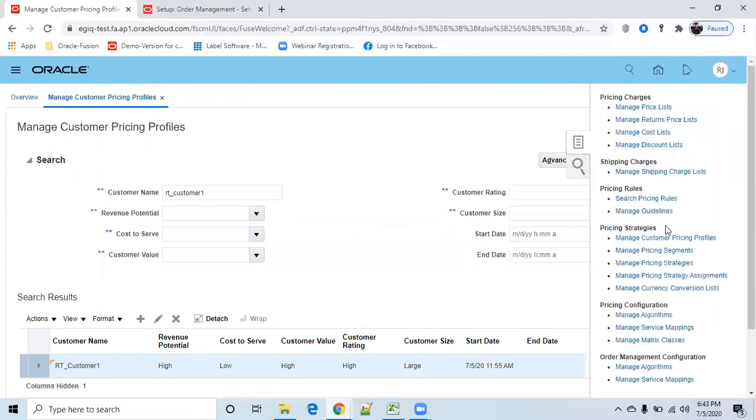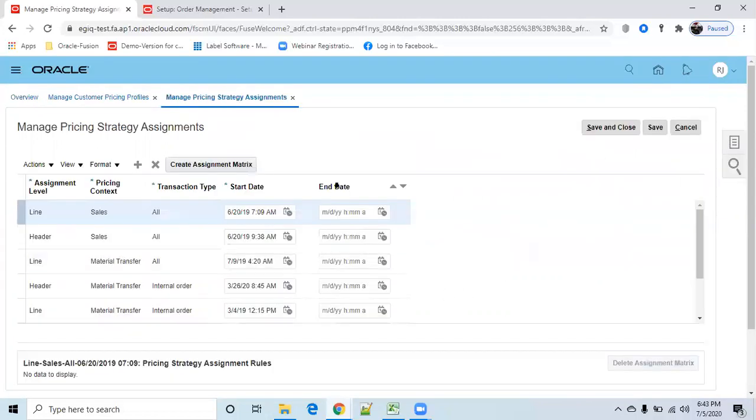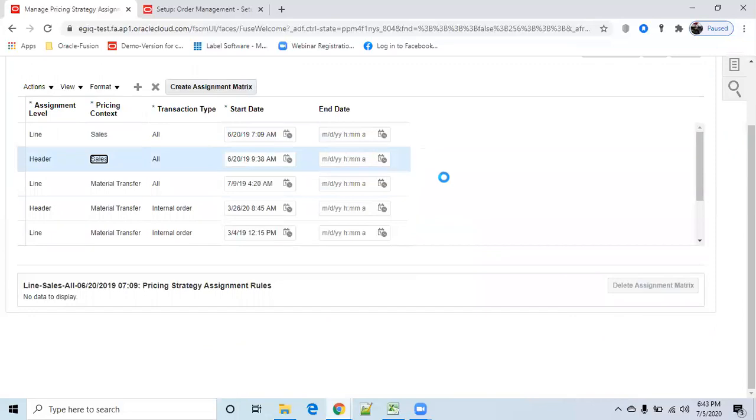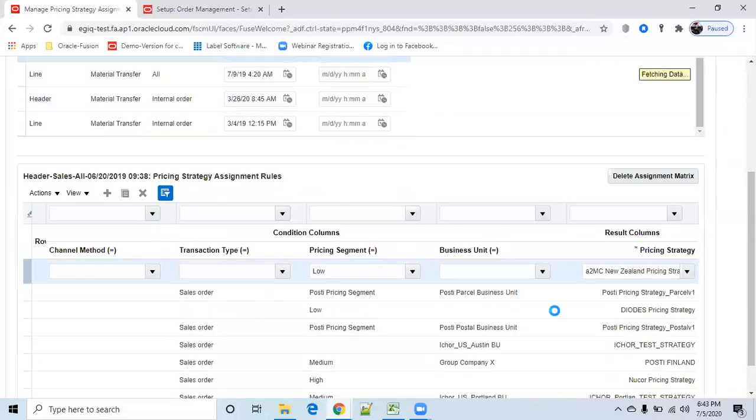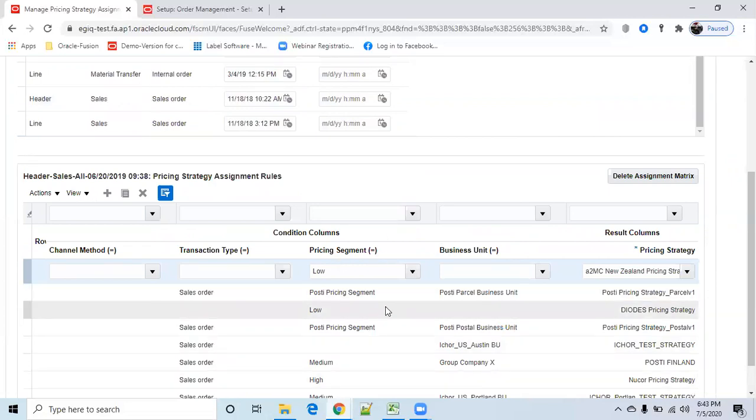Go to task list here, manage pricing strategy assignment. Click on this. So here where you want to create your strategy assignment, I want to create for header. Select the header. Okay, now here we need to provide your strategy as well as segment.